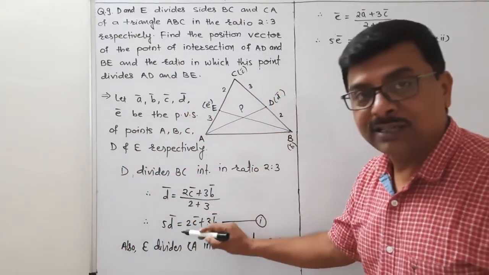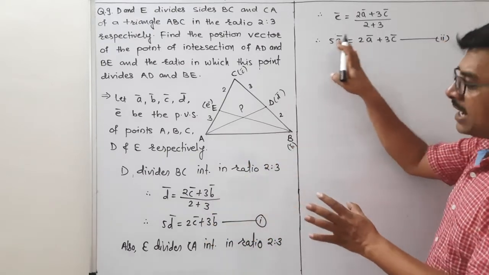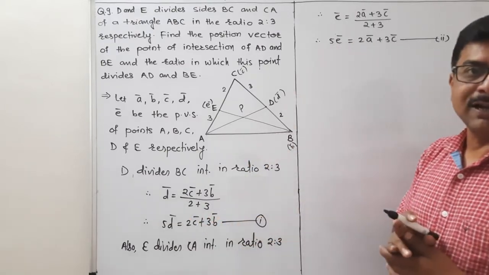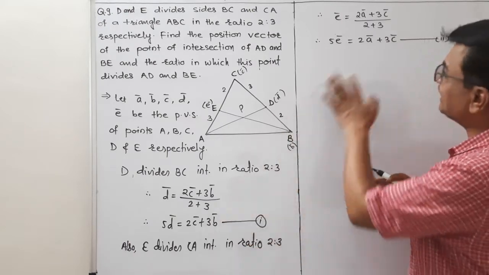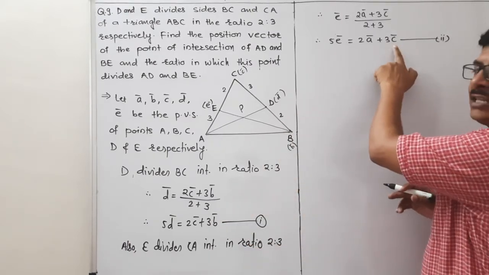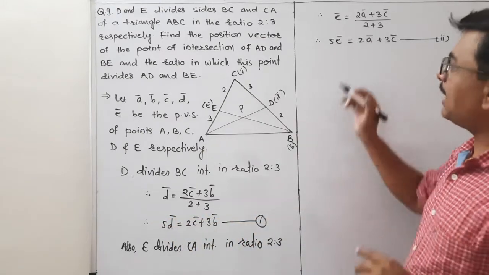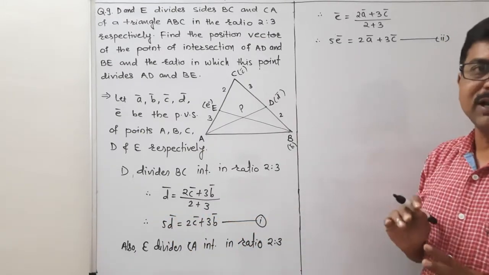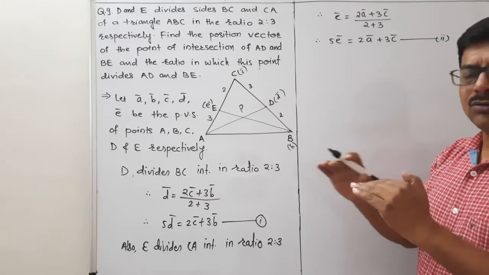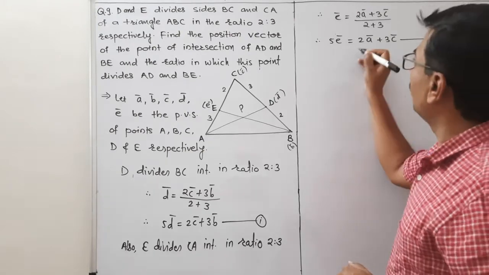C को अगर एलिमिनेट किया तो डायरेक्टली आपको A, E, B और D का रिलेशन मिलेगा। तो आप इक्वेशन फर्स्ट एंड सेकंड सॉल्व करो, इसमें 3C वेक्टर है, इसमें 2C वेक्टर है, तो इक्वेशन फर्स्ट को 3 से मल्टीप्लाई करो और इक्वेशन सेकंड को 2 से मल्टीप्लाई करो, दोनों की सब्ट्रैक्शन करो तो C वेक्टर कैंसिल हो जाएगा।